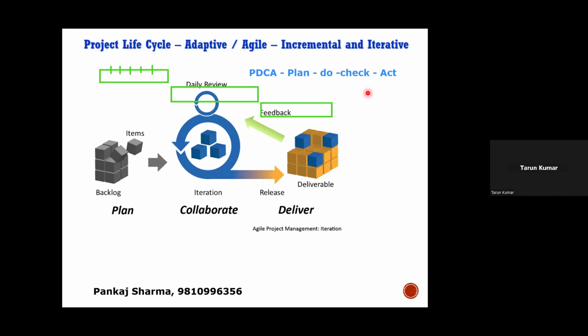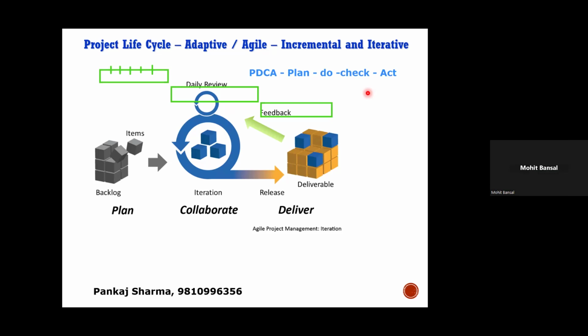And the third situation, when the requirement uncertainty is very high, and the technology uncertainty is very high, projects are complex, and your visibility can be maximum a month, not beyond it. Then which approach works well? Agile. Incremental and iterative, both. Agile is incremental and iterative both, right? Is that okay?